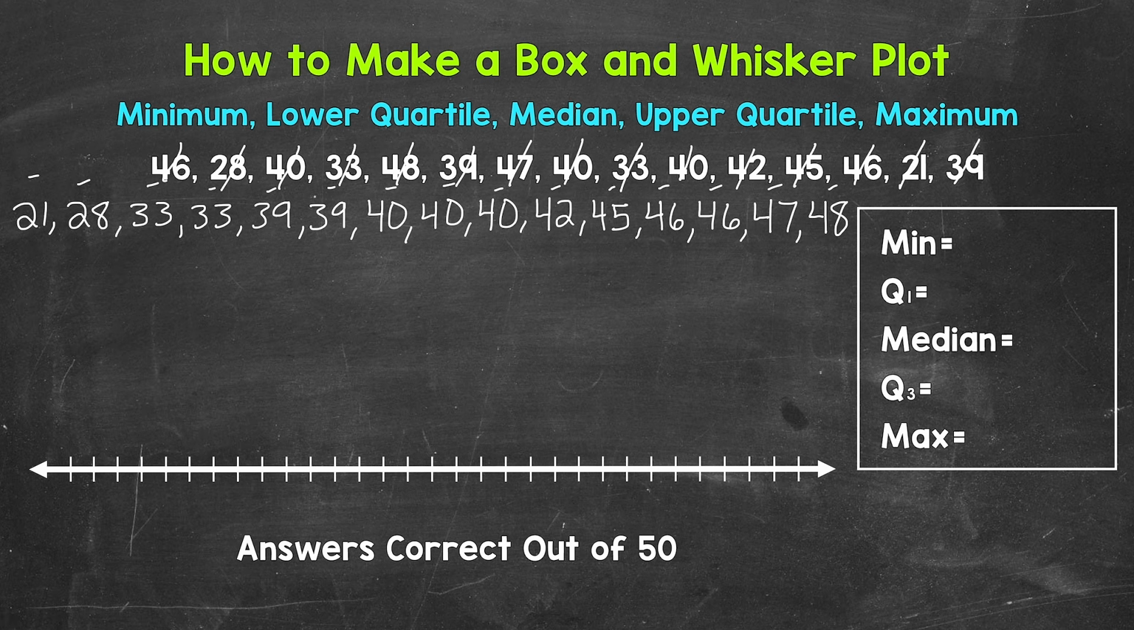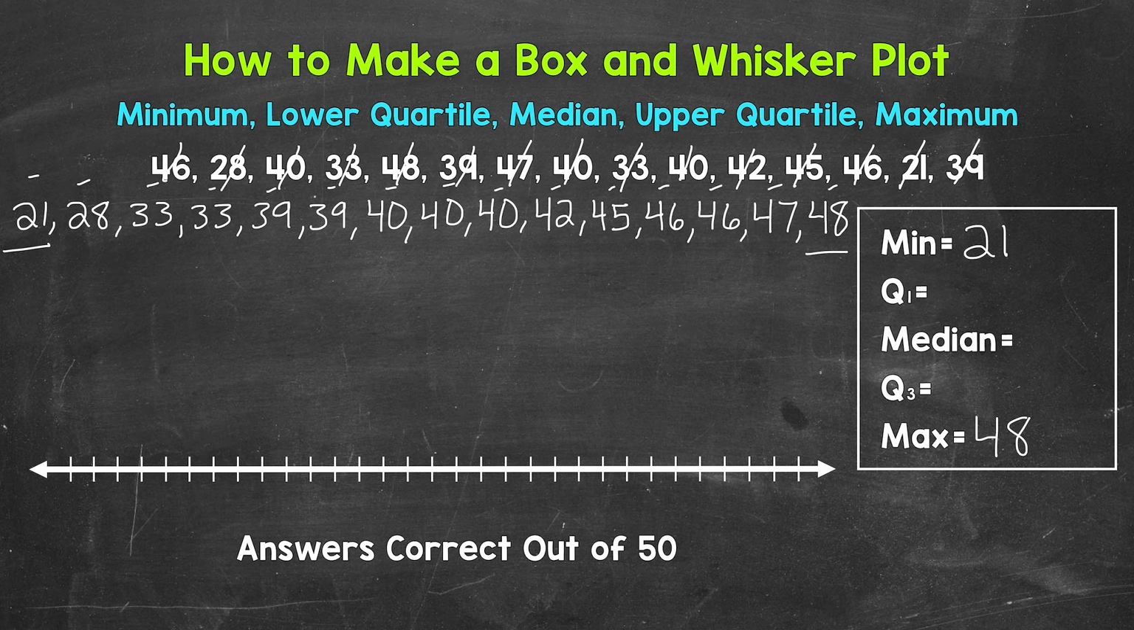Now that we have the data in order from least to greatest, we need to find the minimum, the first quartile, the median, the third quartile, and the maximum. Let's start with the minimum and maximum, which are just the smallest and largest numbers in value. The minimum is 21, and the maximum is 48. So the minimum, 21, and the maximum,